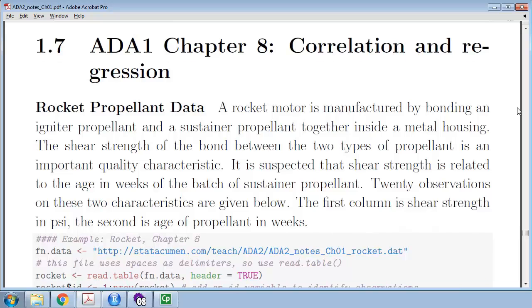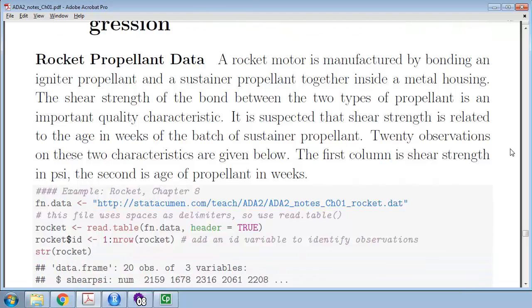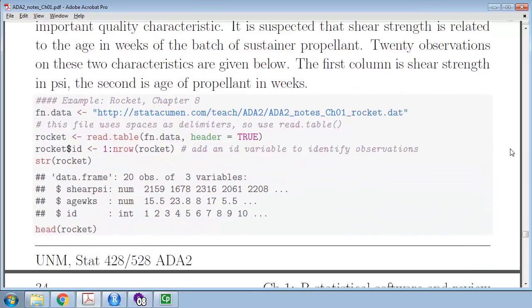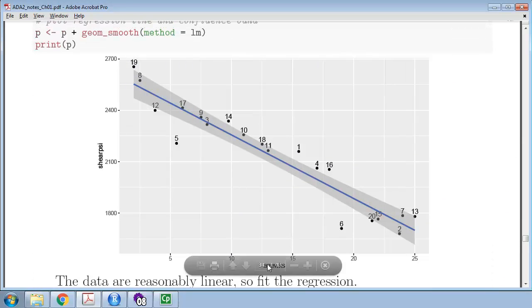In Chapter 8, we looked at the relationship between 2 continuous variables. Correlation is the measure of how linearly associated 2 variables are. And in here we're looking at rocket propellant data. So we read that data set in and we plot it. This is the age